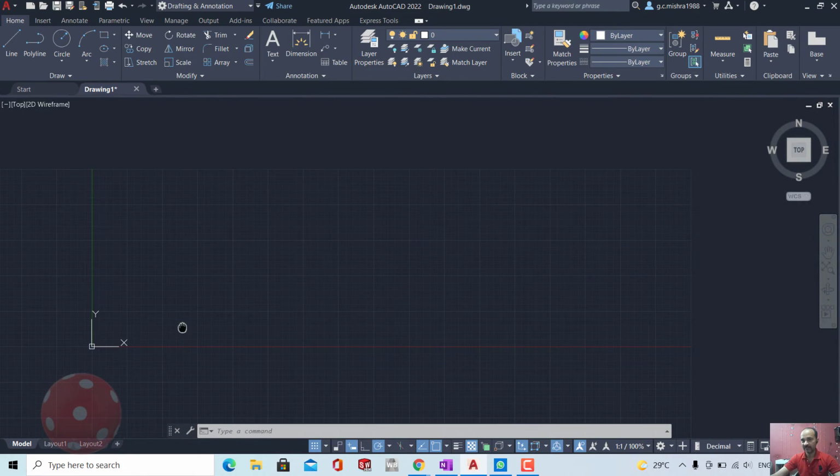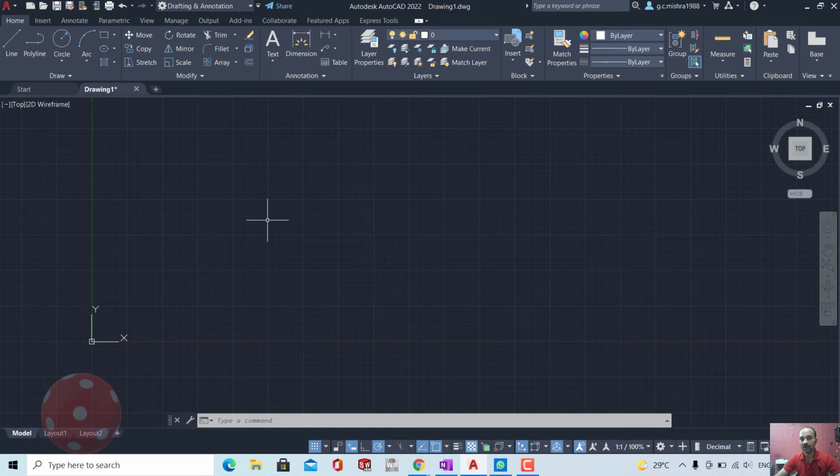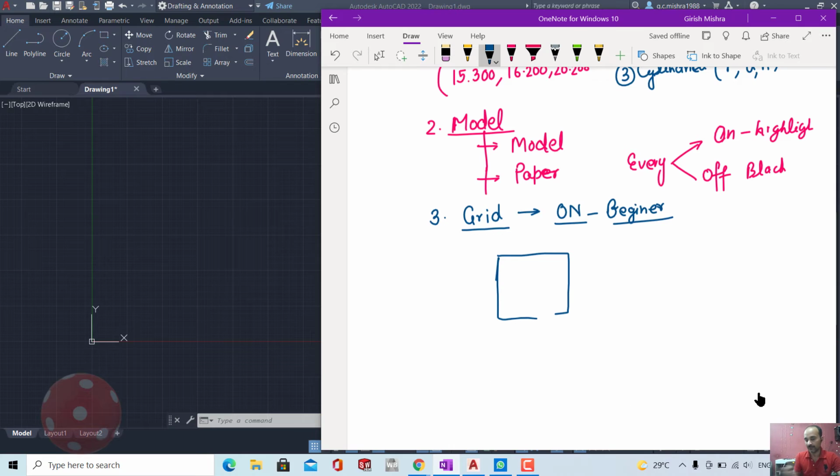So we have X, Y, Z here, and we have grid here. We can turn on and off the grid, and after that the fourth one is snap grid. For the snap grid, you have to make something like here. If you see the grid here, there are 4 grids. You can control the size of each of them. You can make them 1 centimeter, 1 millimeter, or 1 meter. Grid size can be controlled by you. I will show you in settings further on, but for now we are going to learn about grid only.